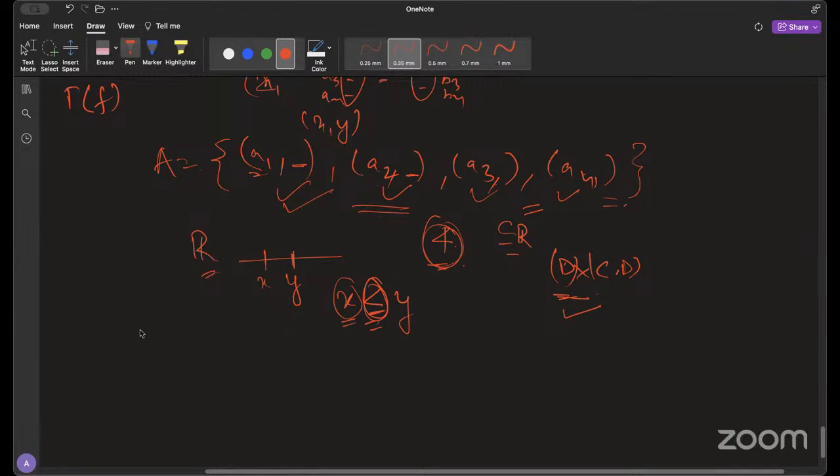Ma'am, in question number 9, can a tangent intersect another point in the same curve? Yes. See,